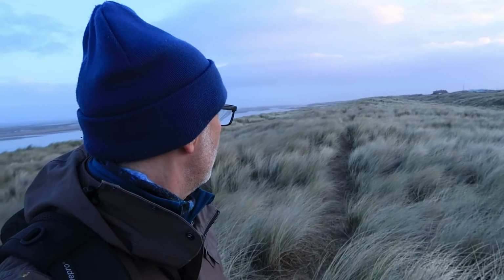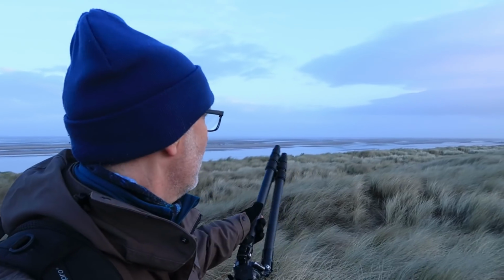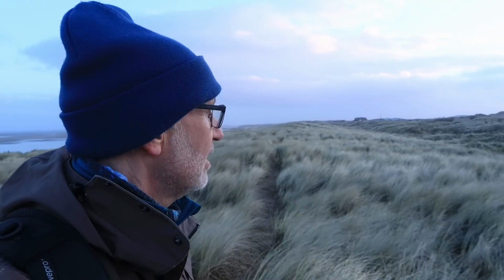It's that frantic time of day where if you haven't got an image in mind, you're suddenly fighting. You see that path there at the back? That's the sort of thing I'm looking for, but I want something with a bit more shape to it. It's very straight, and I want to be fussy. I want something that heads in that direction as well a little bit, because there are houses in the distance over there. So whether the actual shot that I've got in my mind's eye exists is yet to be seen,